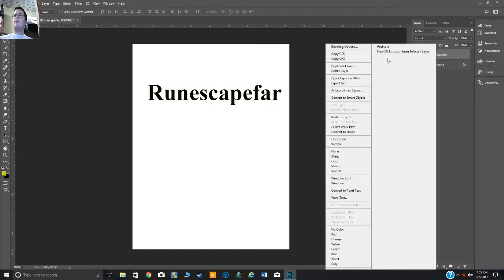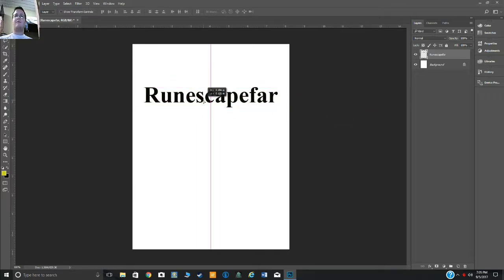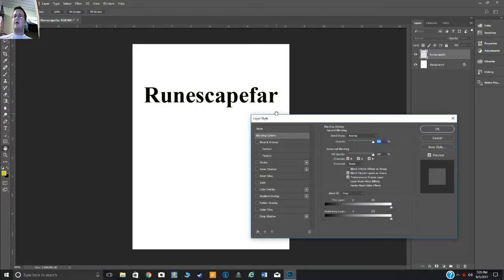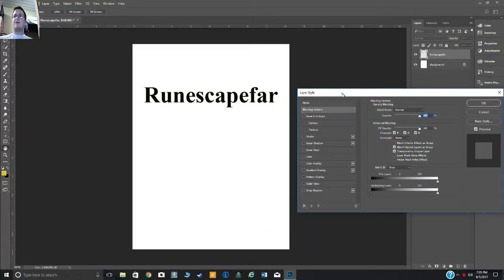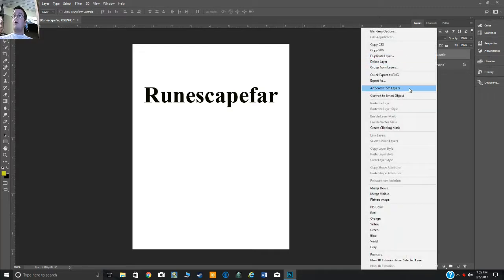Okay, so now we're going to come over here. We're going to go to rasterize type. And now this is a rasterized file. It is no longer a text file. So let's go to here and we are going to double click on the image to bring up the layer styles. Now, before we do anything, we're also going to remake this as a